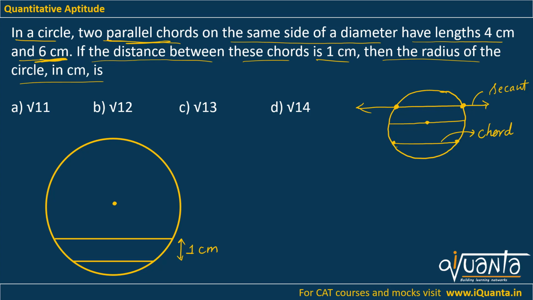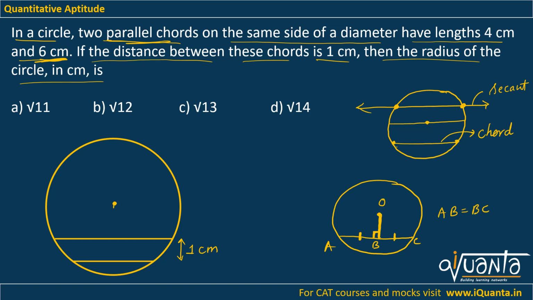Now there is one more property which we'll learn over here. If we have a circle and a chord, and I drop a perpendicular on the chord from the center, this will be 90 degrees. Then this perpendicular will bisect the chord. That means this part and this part of the chord will be the same. Or I can say that if this is O, this is A, B, this is C, then if OB is perpendicular to AC, then AB will be equal to BC. This is one of the properties of a chord of a circle.